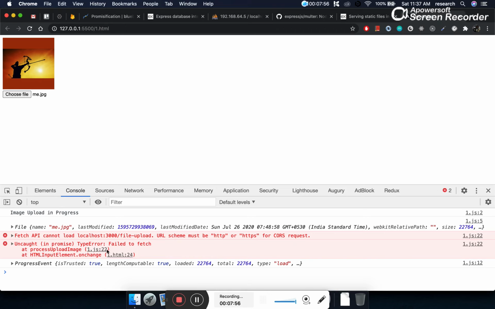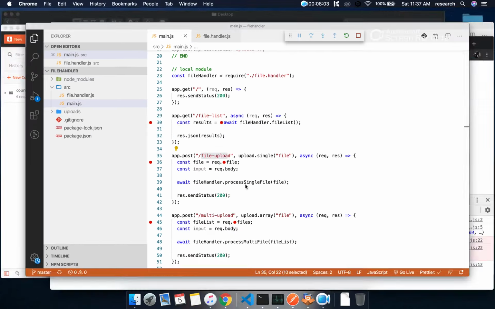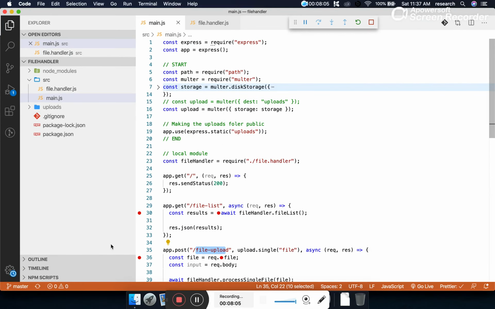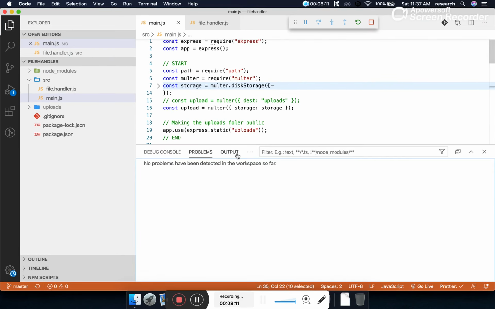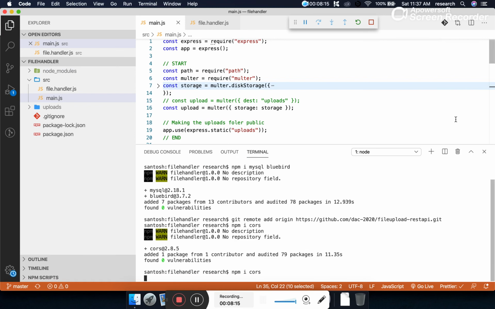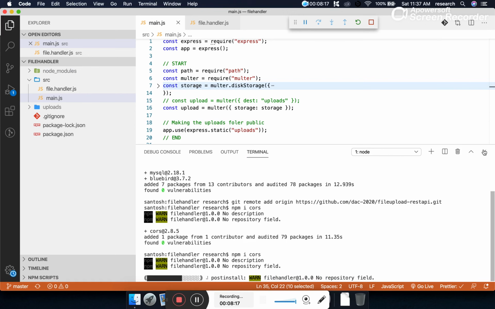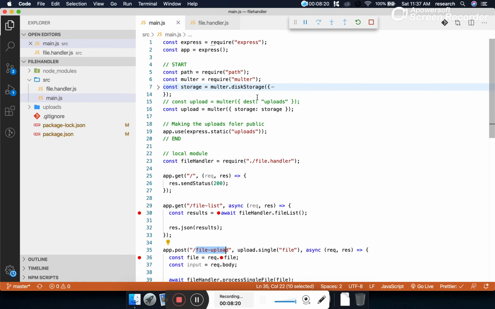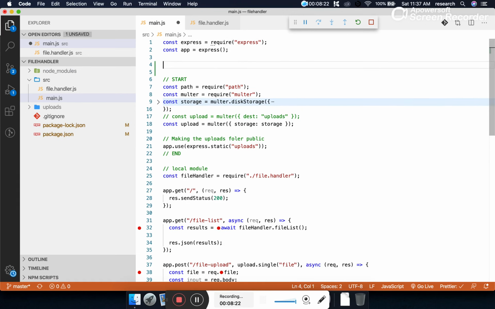problem. The problem is the CORS error. The CORS policy we have not allowed at the server program. So let's come to our server program, that means the API program, and let's allow the CORS policy. That means we are making a change in our backend program, and let's use here